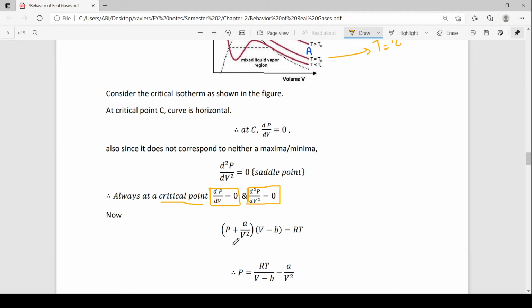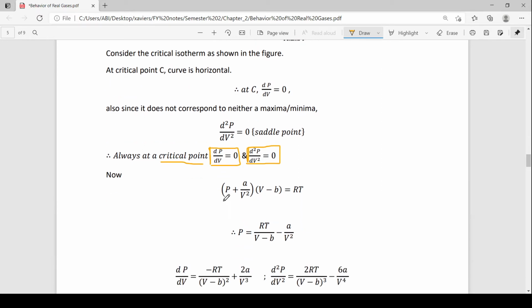Now let us look at my van der Waals equation of state. What is the van der Waals equation of state? (P plus a upon V square) into (V minus b) is equal to RT. Now what have we done here? I have kept P on one side. So what I do is I keep P plus a upon V square equal to RT upon